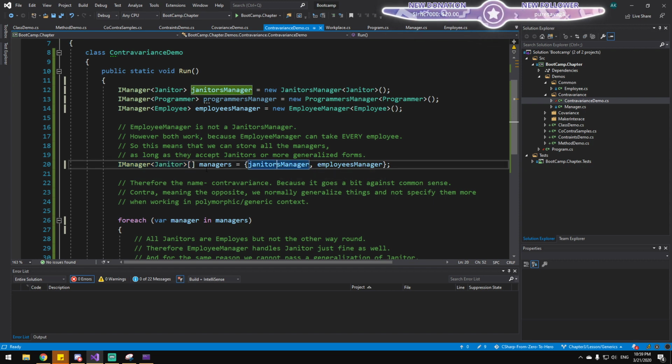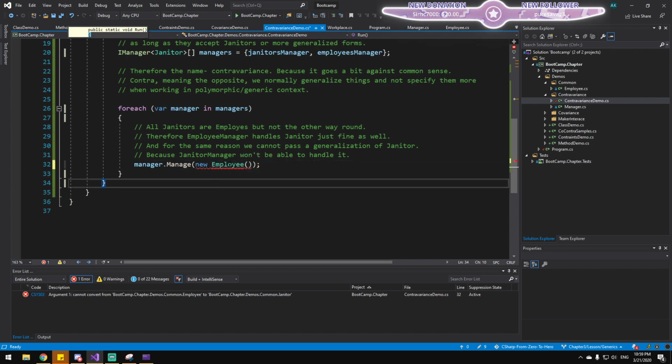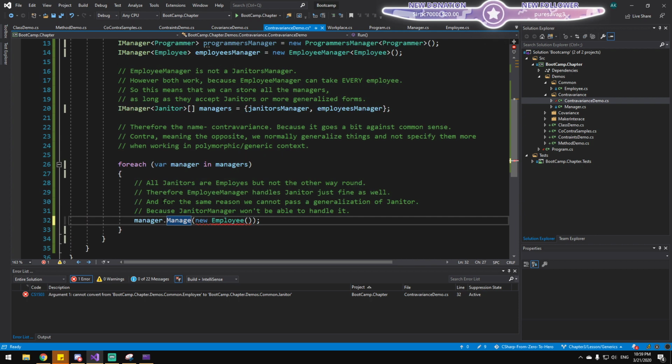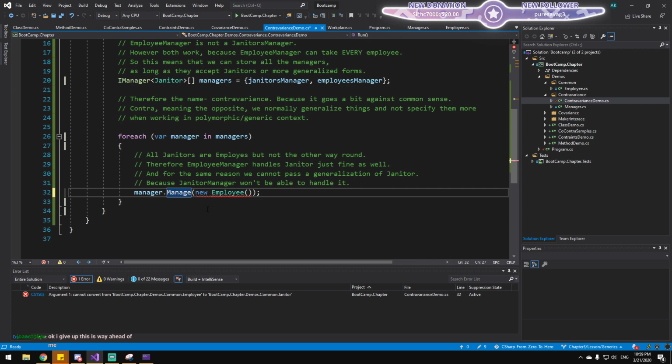And of course, it doesn't manage all employees. If I say employee here, you see, it doesn't work. Now, why doesn't this work? Can you guys explain? Why doesn't this work? Why can't I just